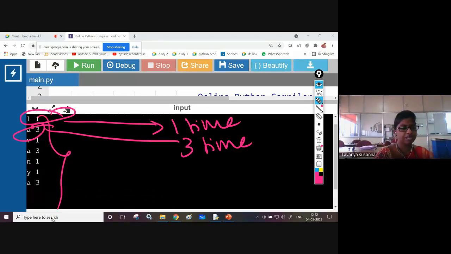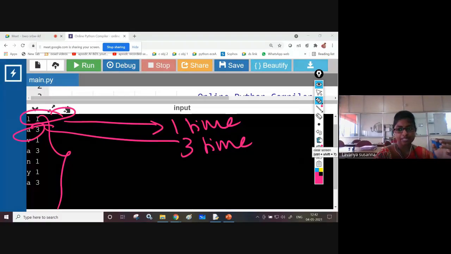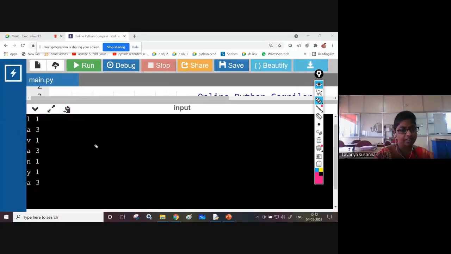Now we need to display only duplicate characters. That means, how many duplicate characters are there? More than one, right? L repeated only one time, A repeated 3 times. Now you need to display the maximum repeated characters.